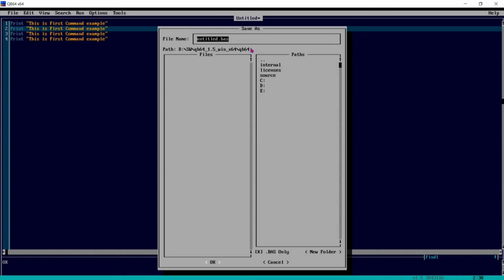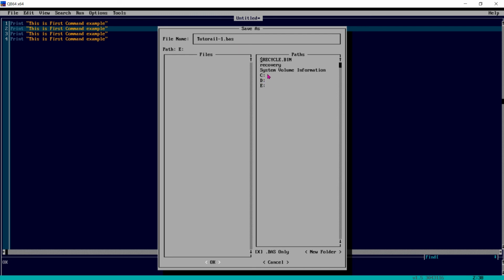We can change the name here. Just put the cursor here, select all, and type tutorial 1. And what is the extension? The extension is .bas. Always remember.